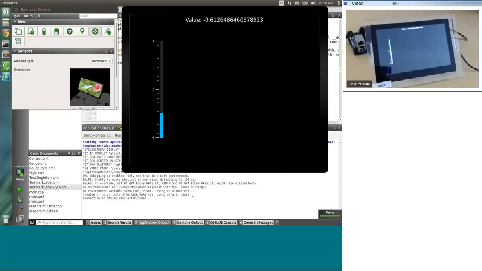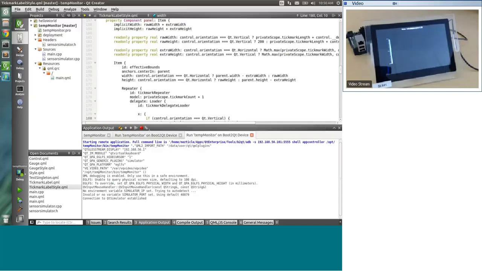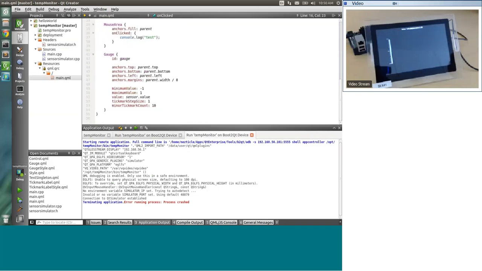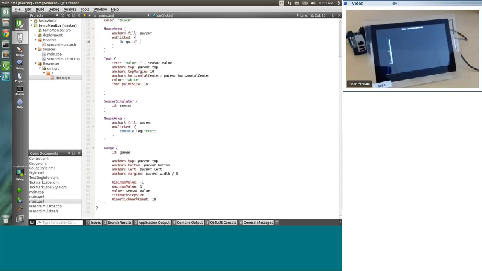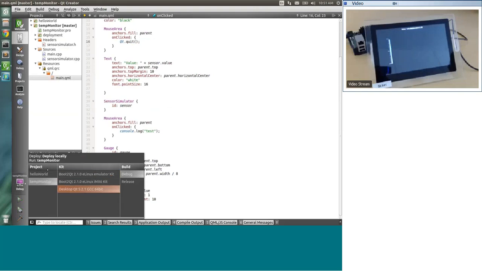So the next thing, in addition to the emulator, that's really neat in Qt Creator is the visual QML Designer. If I take that same scene that I've been showing already, the simple gauge simulation, I can design